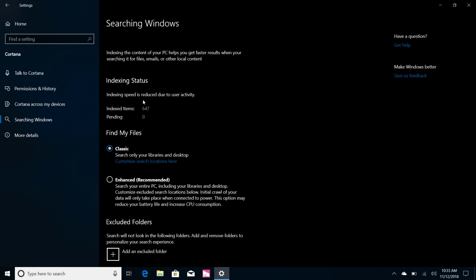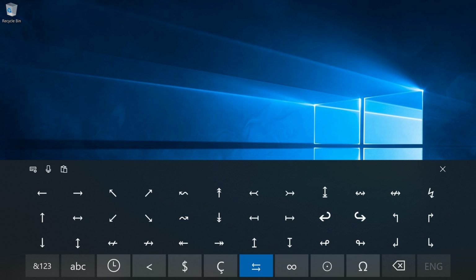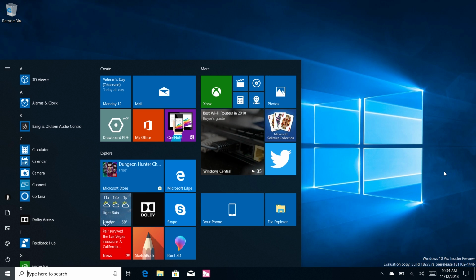So if we open up the touch keyboard here and go into this area, there's now a symbols button. You can now insert symbols directly using the touch keyboard, which is nice. Apparently you couldn't do that previously. Now you can. Now, an additional change added to 19H1 is the ability to remove more of the inbox apps